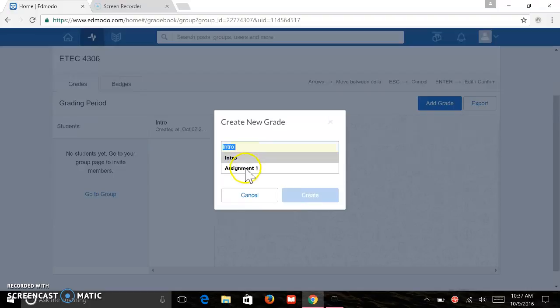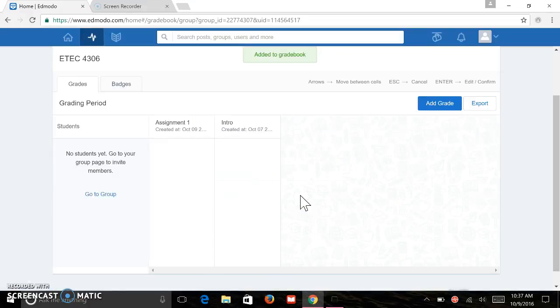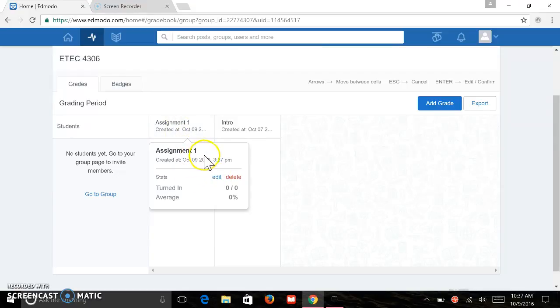So let's do assignment number 1, and the default total will be 100. You click create. There it's created, and it shows you here. If you click on it, you can either delete it or edit it, and it shows you how many students have turned it in and the average. And then here if you click on badges,